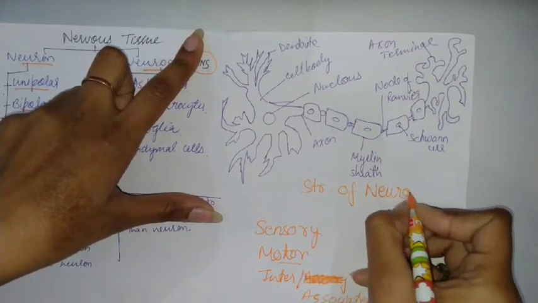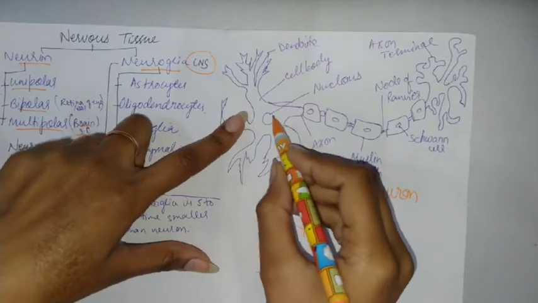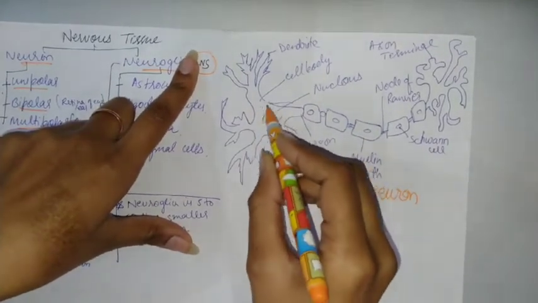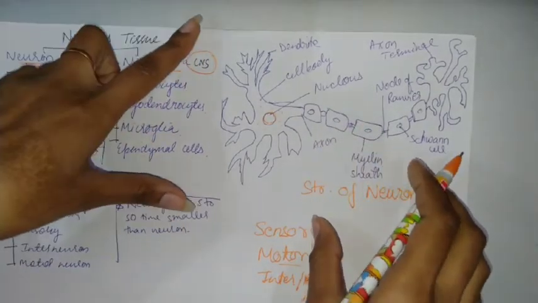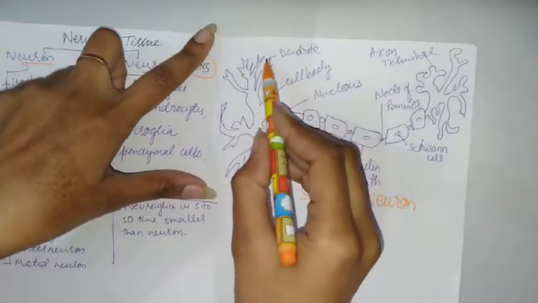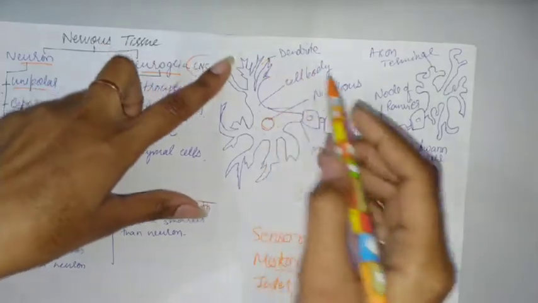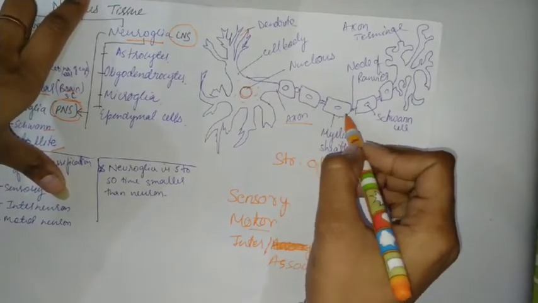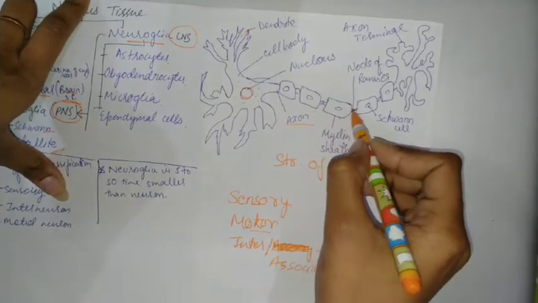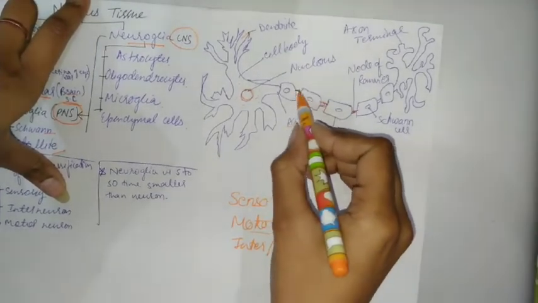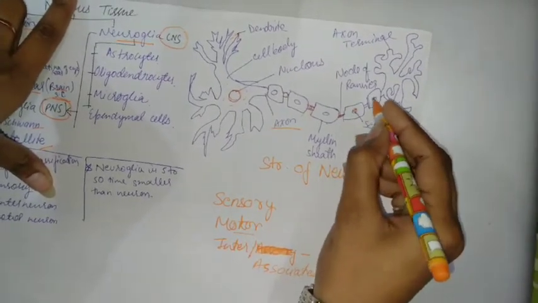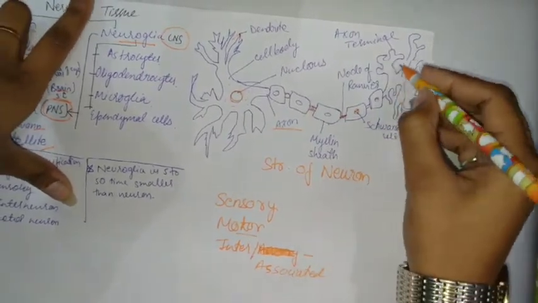Structure of neuron, in which this is the cell body, this is the nucleus, and here are all the cell organelles like ribosomes, mitochondria, Golgi apparatus, etc. These are dendrites, the sharp ends. This full length is the axon. This is the myelin sheath, covered with myelination. This is the short gap which connects these. It is the nodes of Ranvier, and this is the Schwann cell present in it, and this is the axon terminal.